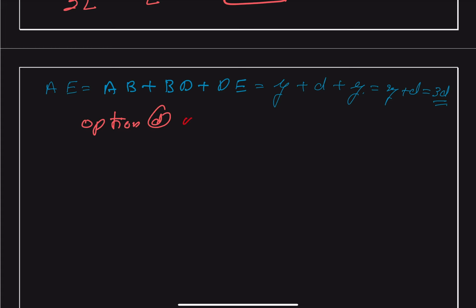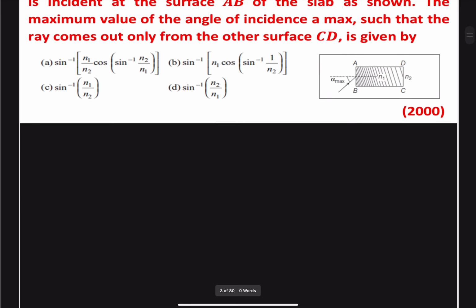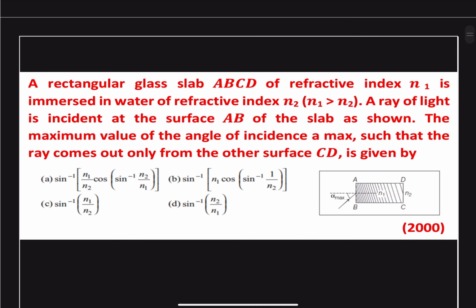Option D is correct. We come to the next question. It was also asked in the year 2000, and it states that